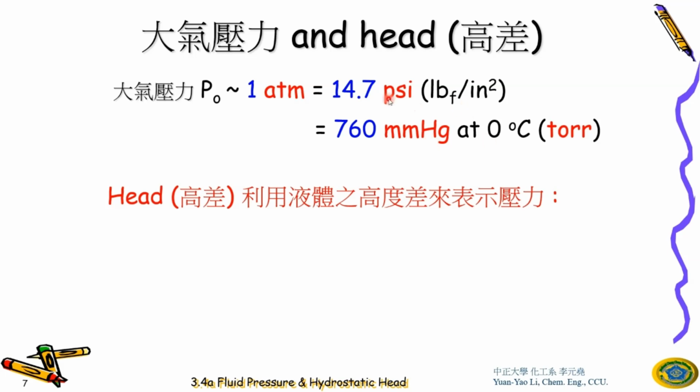So the dimension of PSI is pressure, but this is not the dimension of pressure, this is the dimension of length. So can we write it equal? No, we cannot. But this also represents the pressure. So in the past and now, we use what we call head. Head can also express